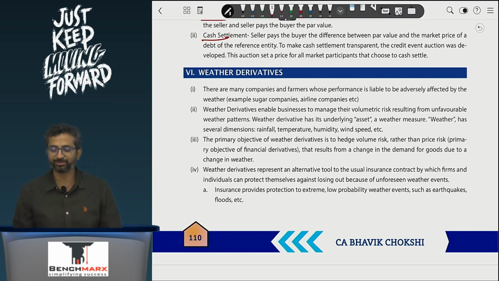Okay, so we are trying to say that here we are taking derivatives against temperature, we are taking derivatives against rainfall, etc., which would have affected our output, volume, quantity, but could not have been covered by insurance. So these are weather derivatives. Now derivatives तो आप बना ले, weather derivatives you can make. However, the problem over here is enough pricing, valuation. How will I do that for a temperature, for something like